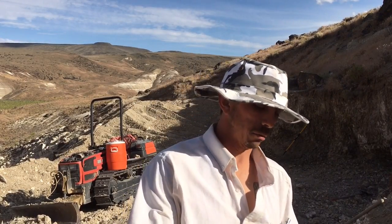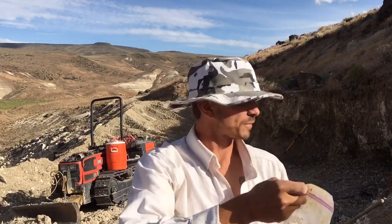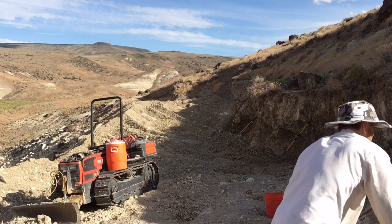So, it's pretty much the end of day one. Not the total end, but it's pretty much the end of day one. And I have this big bag of opals. I also have some other ones over here, like this one is super ultra cool,